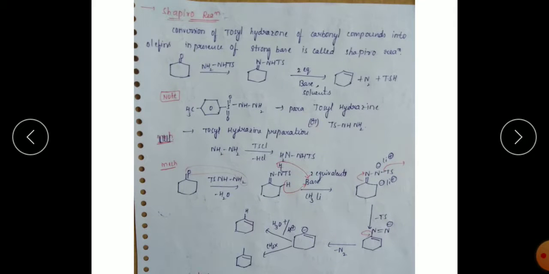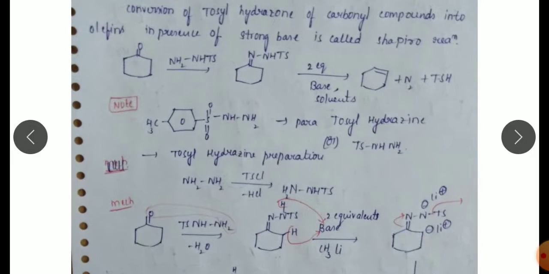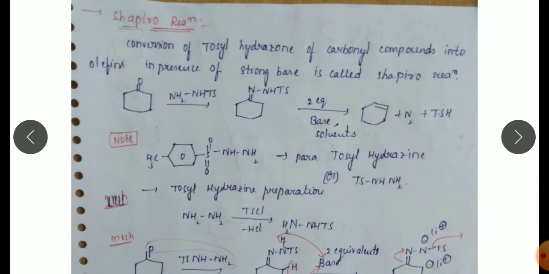Good afternoon, students. In my last video, I was explaining about the Wittig-Horner reaction. In this video, I would like to explain about the Shapiro reaction. Shapiro reaction is nothing but the conversion of tosyl hydrazone of a carbonyl compound into an olefin in the presence of a strong base. First of all, we consider